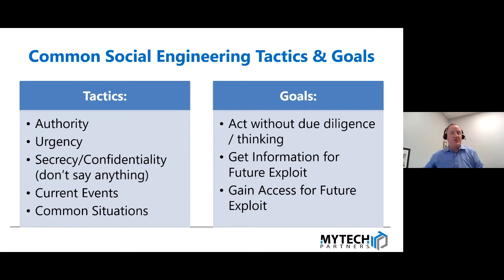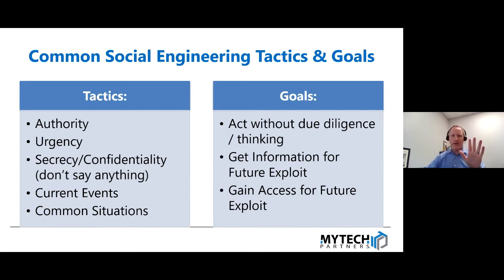And if you're expecting a package, you might be more apt to click on that link and provide information because you were expecting something. Now, they might not have known that you were expecting anything, but social engineering tactics will use common occurrences in the general population that might increase the probability of someone acting when in the past they might not have. So those are some of the common tactics.